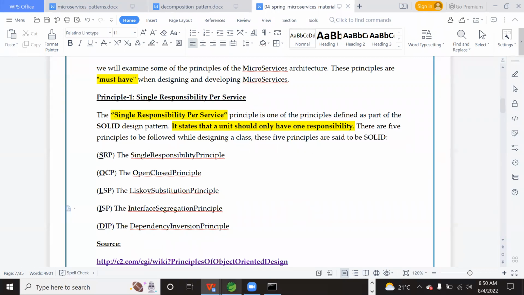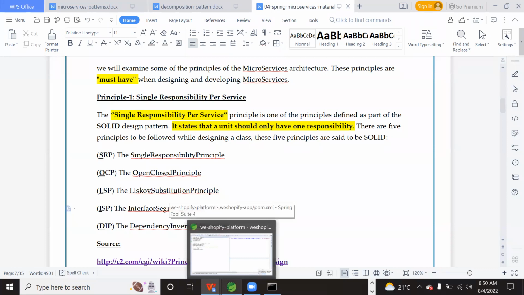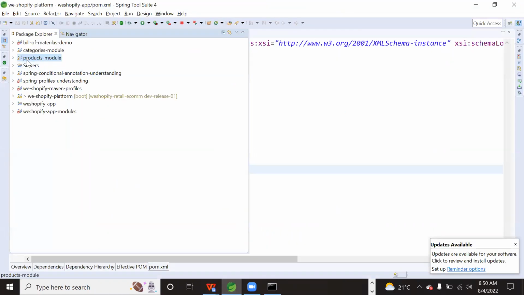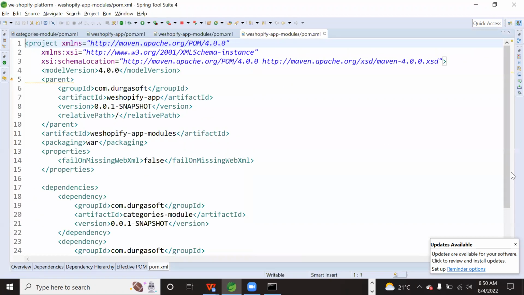For example, it could be in util functions, or it could be in common code which is getting shared between the microservices. How are we going to keep it as a separate one? Okay, so basically, all the common code, usually without microservices, will be put into one application, and that application will be referred to as a dependency in other applications, so that we can get those application components here.